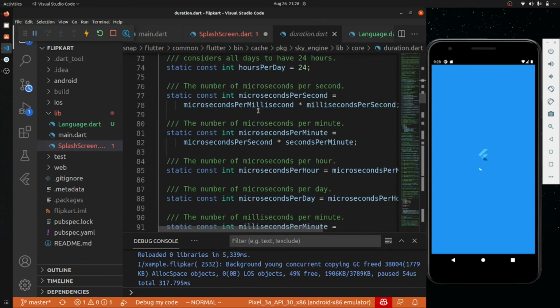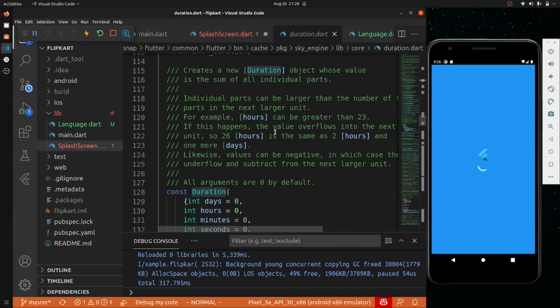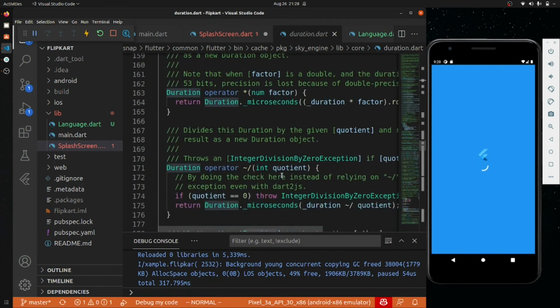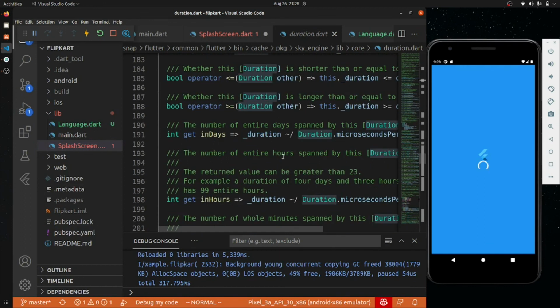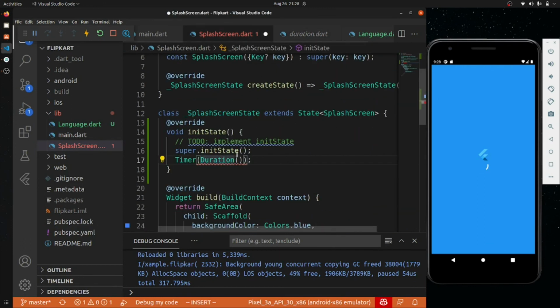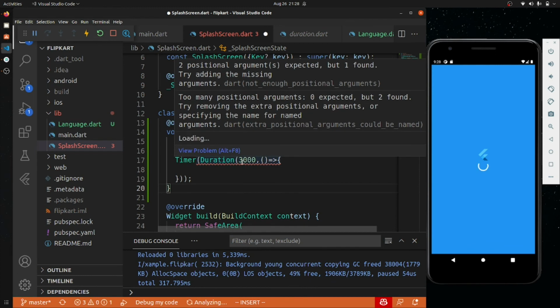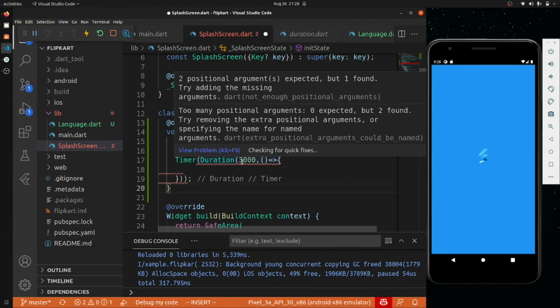Inside this there are many other things, so we don't want all this stuff. Firstly we have to give some timers. I am saying that after 3 seconds, basically it takes milliseconds, after some time it should move to another thing.